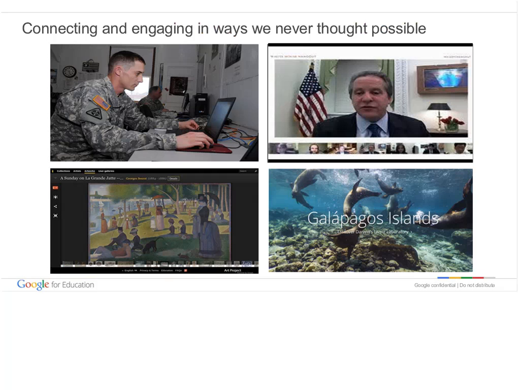So it's a question of getting access. It's a question of opening up that classroom beyond the four walls. In the lower left, you'll see a project of ours to digitize all of the great paintings so that folks can go and get a museum quality look at these paintings. You can zoom in and get literally all of the brush strokes in the ceiling. Certainly not as good as going to a museum, but for those kids that don't have a chance to visit the Louvre, this is an opportunity to see those paintings.